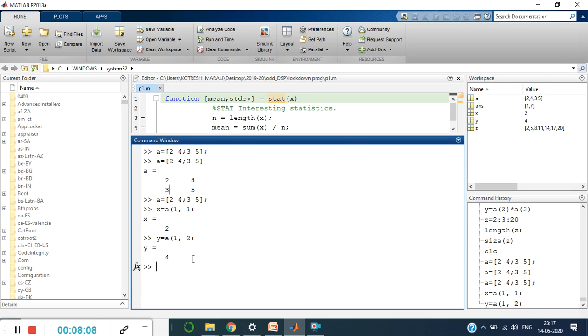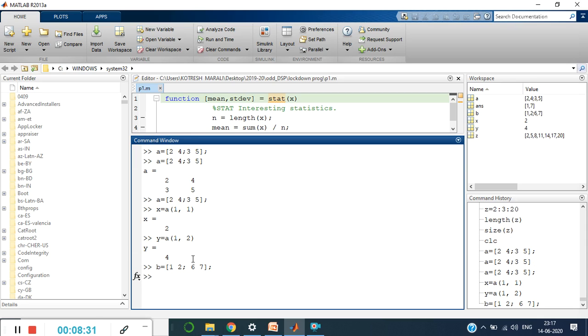Now let me declare another matrix. B is equal to 1, 2, 6, 7.